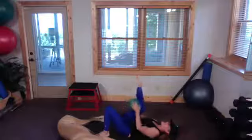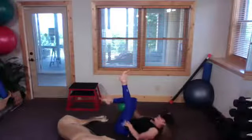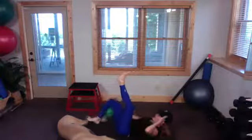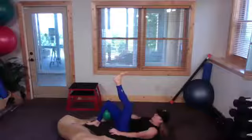We're going to switch that. Put that ball in there, opposite leg to the ceiling. Inhale, exhale, reach the arms. One thing I forgot to do is instead of just dropping the leg, let's take this side down and bring it straight back up. For 4,